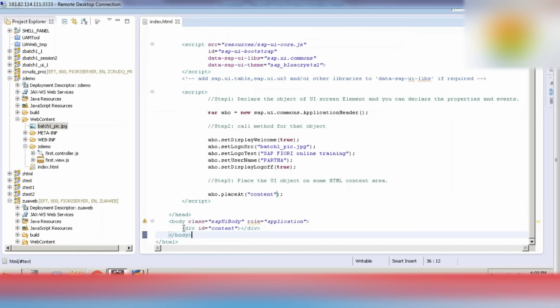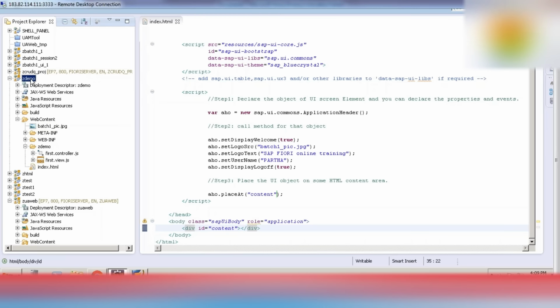Div is an HTML tag which defines some HTML areas. Here the ID is content. I want to place my application header on this div, this HTML placeholder. That's why I'm using content. Content is a name; you can use any name here.